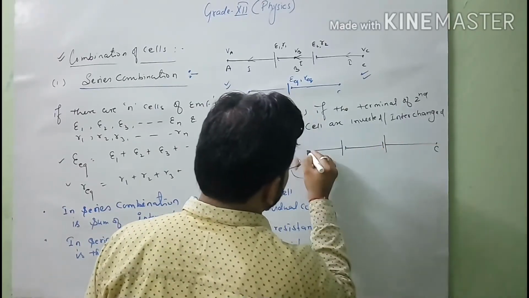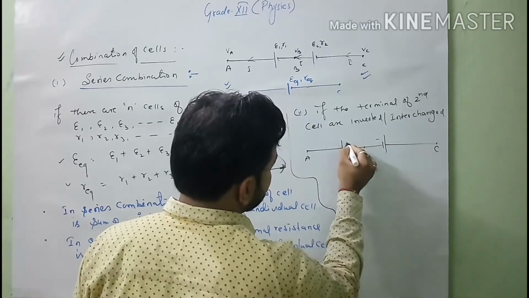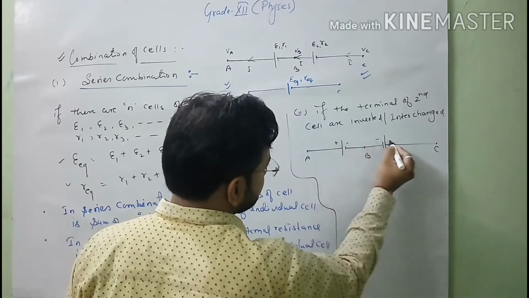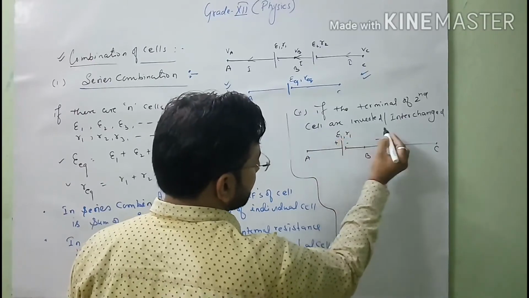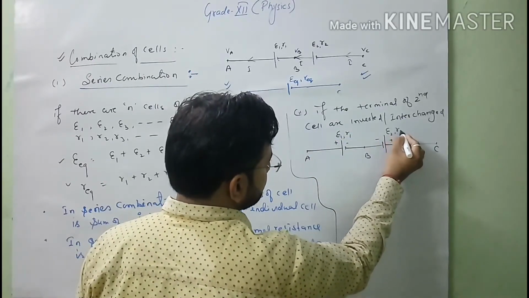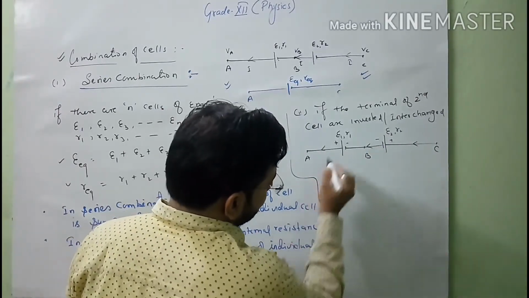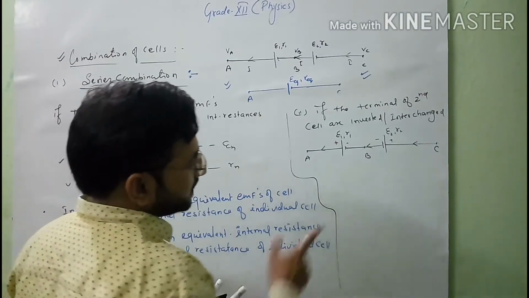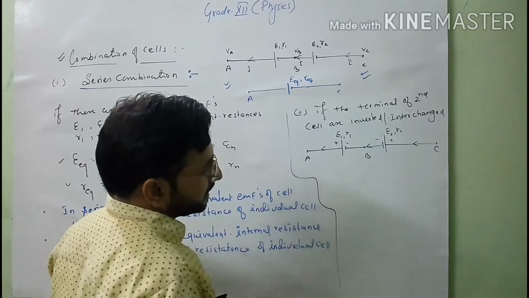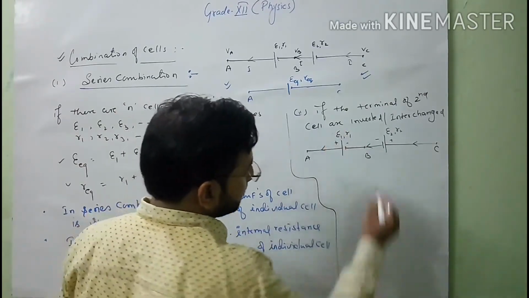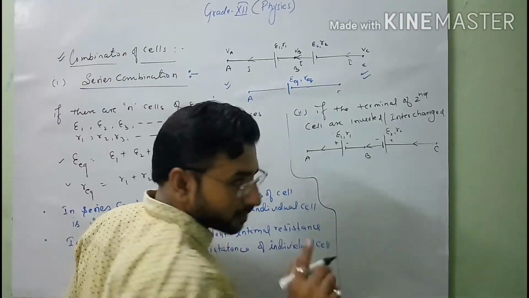This is our point C, this is our point A, this one is B, and the negative terminal of the second is interconnected with the negative terminal of the first, and this one is a positive terminal. This is the battery of EMF epsilon 1, resistance R1, and this one epsilon 2, resistance R2. Current is flowing from the C terminal to the A terminal in this way. Here you can see one note which I have explained: when the current is leaving the positive terminal of a cell, the EMF of the battery is positive, and when the current is leaving the negative terminal of a cell, the EMF of the battery is negative.